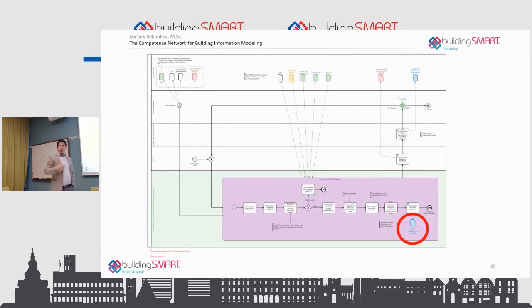Now, how do I communicate? I did my simulation. I'm a lighting designer, sustainability designer, whoever. I communicate. I don't have to put that information in the IFC model. Why? Because it's dynamic information. I can do it later on, but instead, I'm using BCF.